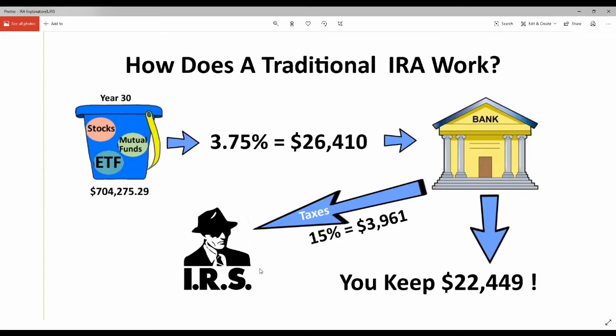Let's say, when you retired at age 59 and a half, your account was worth $704,000. You took a few withdrawals off there, but you didn't really need it. So now your account has grown to $1 million at age 72. Now, the IRS calculates your required minimum distribution based on a table that they publish on their website every year. And I don't remember the exact number, but let's just say the divisor that they want you to divide your account balance by is 27.3. So we take $1 million and we divide it by 27.3,